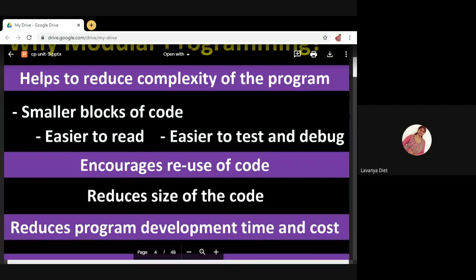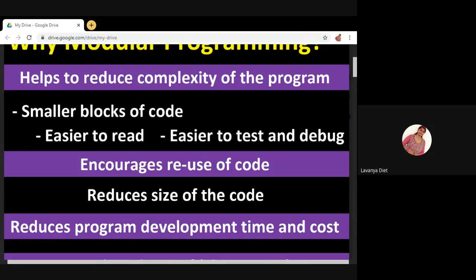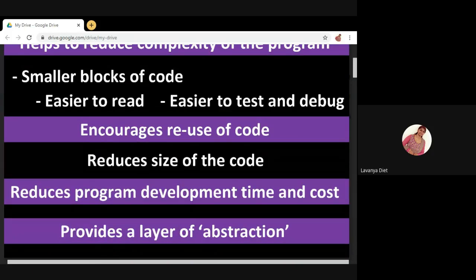Instead of writing large code in your main function, you can use subprograms or functions, each of which performs some specific task. You can use those functions whenever you need. Instead of writing repeated steps, you can put those steps in functions and use them whenever needed. So you can reuse the code, and this reduces the size of the code.